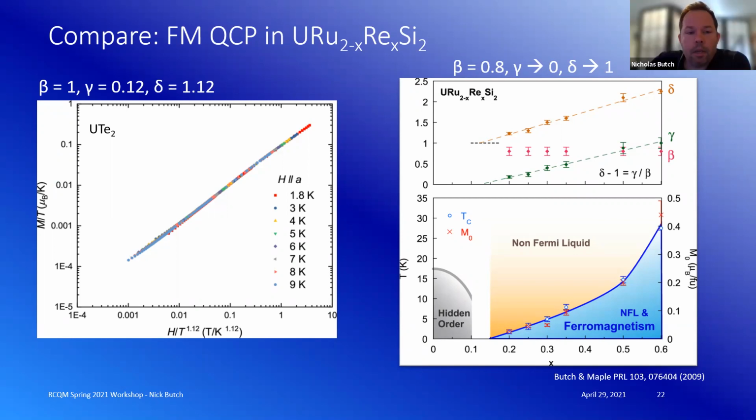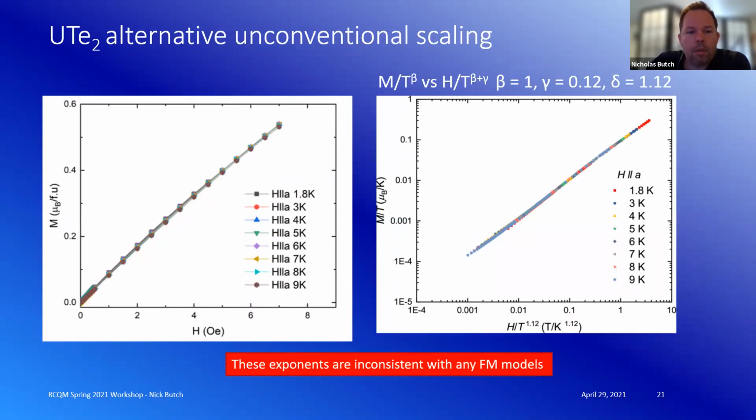Yeah, you're totally right. Just look at the plot on the left. This is basically from 2K to 9K. So I'm struggling a little bit with whether a totally temperature independent M versus H would also give you something that could masquerade as scaling. Oh yeah, maybe at the end of the day, that's my point here. This is unusual behavior, and I'm taking a long time here to try to make contact with any type of theory, and I would argue that this is not satisfactory. Got it. Okay, thank you.